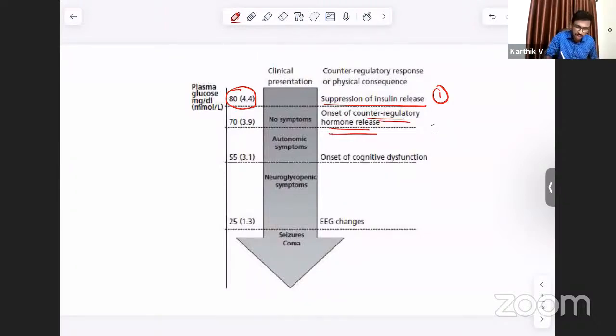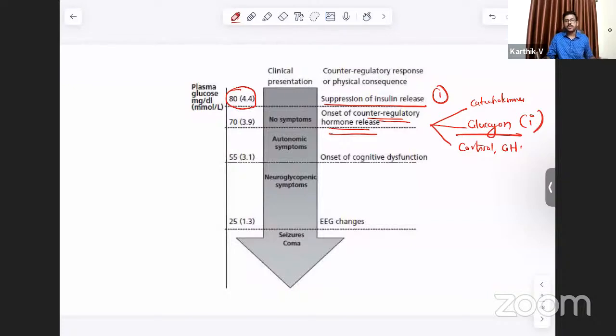So which are the counter-regulatory hormones? You have the catecholamines, you have the glucagon. Glucagon should be the primary counter-regulatory hormone. Okay, glucagon is the primary counter-regulatory hormone against hypoglycemia. Then you have cortisol, GH, etc. Okay, so glucagon, catecholamines, cortisol, growth hormone,